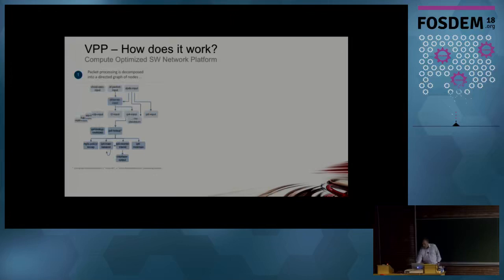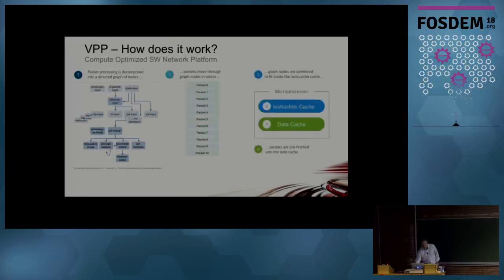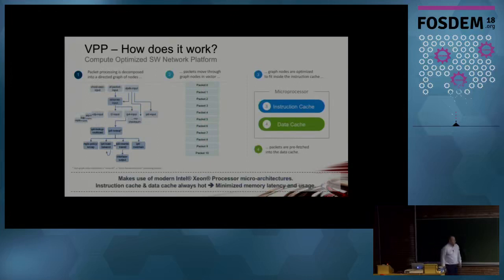Why is VPP fast? And what is that really? Okay. So what VPP does is it reads packets and forwards them. That does layer 2, layer 3, and now we also have layer 4. What is extremely important to understand is the secret sauce of VPP, and don't tell it because it's a secret sauce.